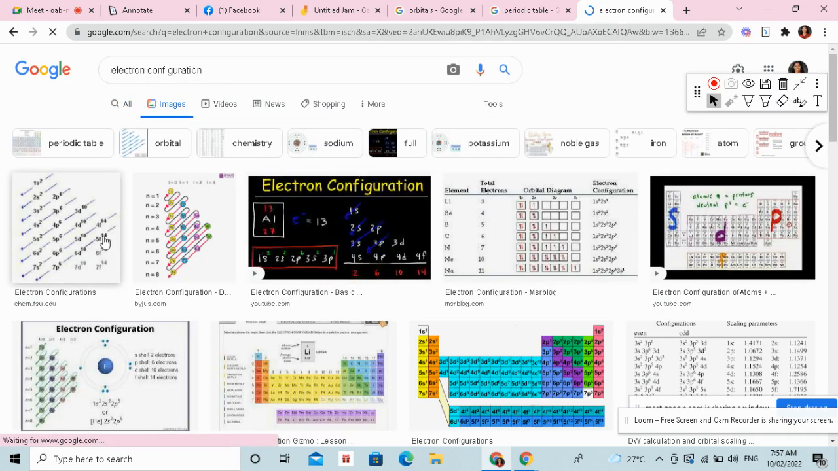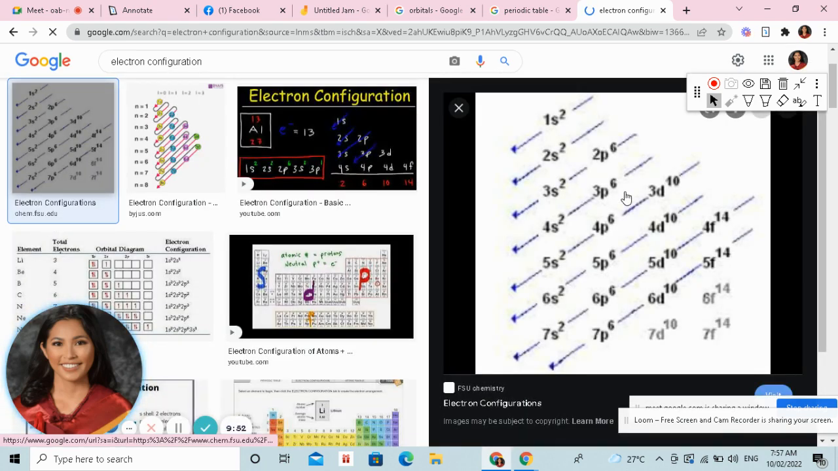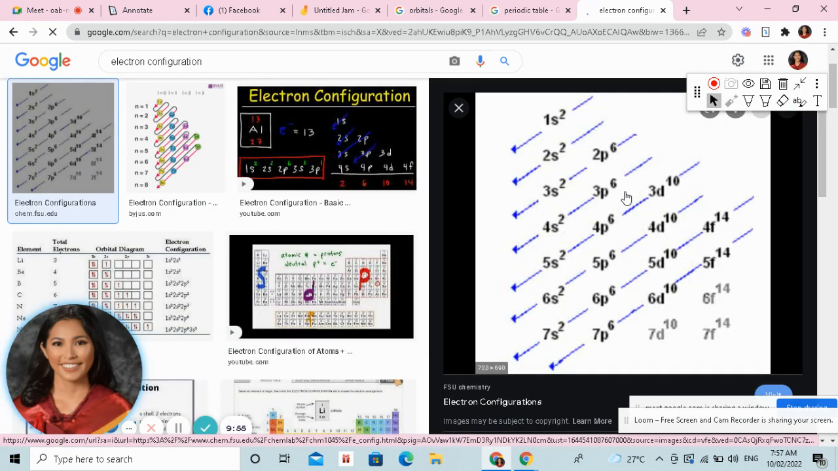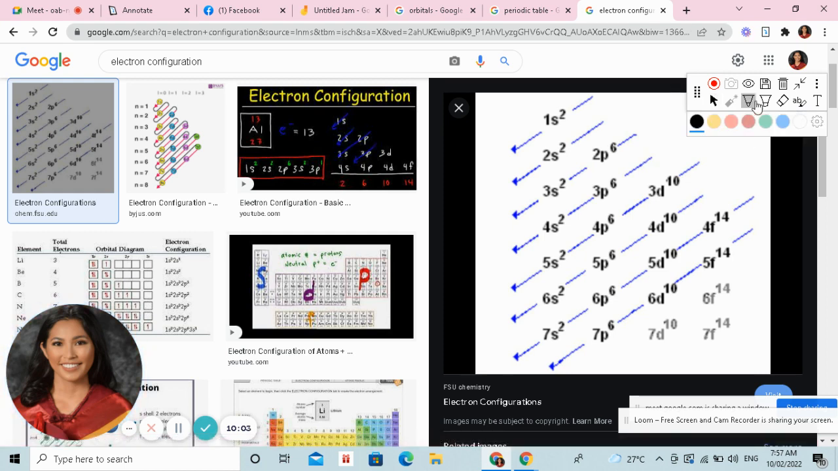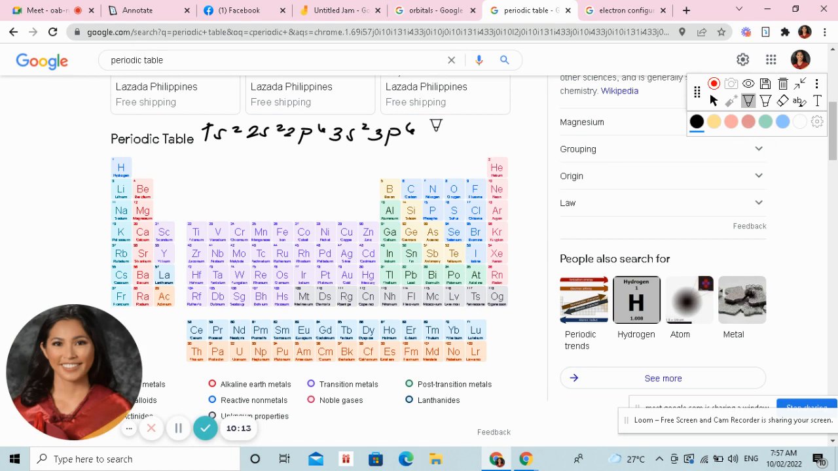This one. Unahon na to that. 4S comes first than 3D. Okay. 4S, we have this one. 4S, then we have 3D. Okay. Yan na ha. So we have next to 3P, we have